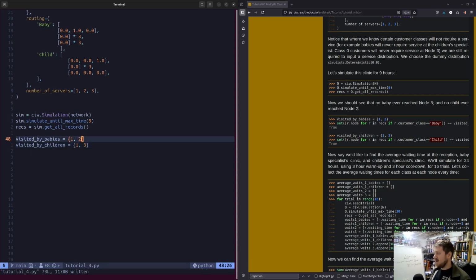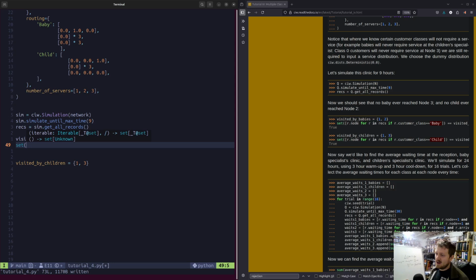Now they've got quite an involved list comprehension here. Let's start by breaking apart the... They're going to return a set because they're not interested in every multi-set value or every time that they went to each node. We just want to know, is the set of nodes visited by babies the same as the set that we just defined above? So we can go r.node. R here is an abbreviation for record. So r.node for r in recs or records, if